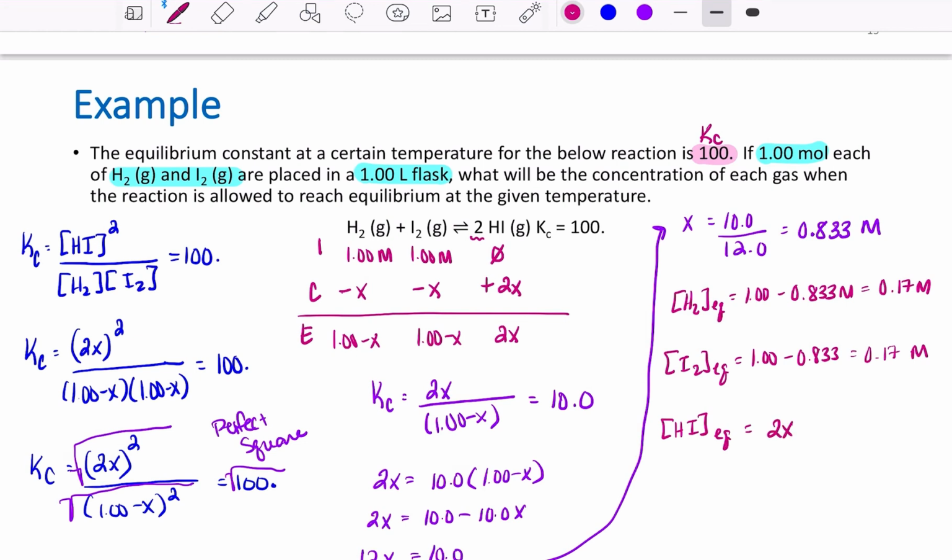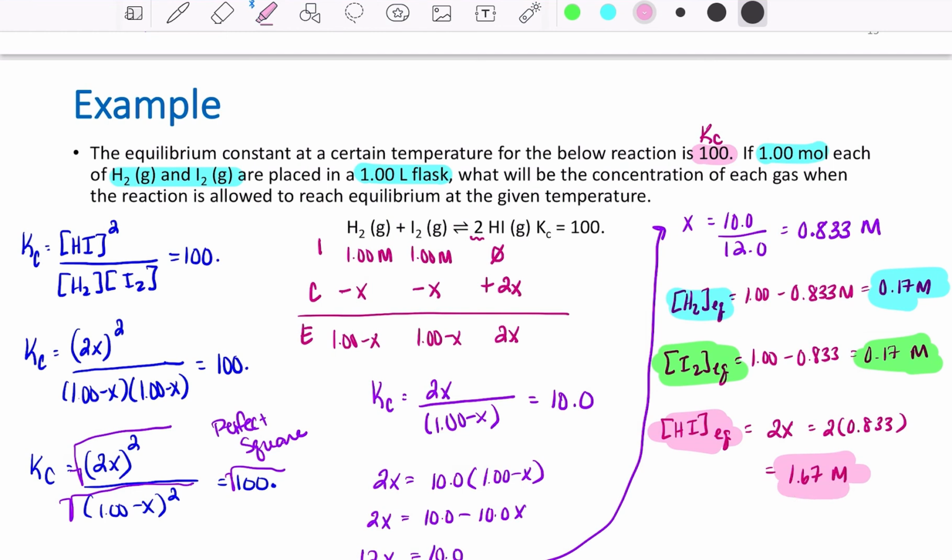is equal to 2x. So 2 times 0.833 equals 1.67 molar. So H2, 0.17, I2 also 0.17, HI 1.67. So the important part for this question specifically is to realize that sometimes you don't have to use the